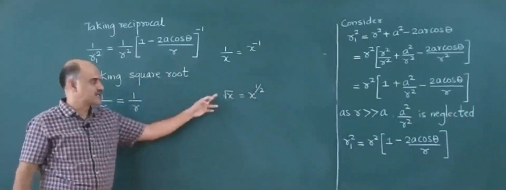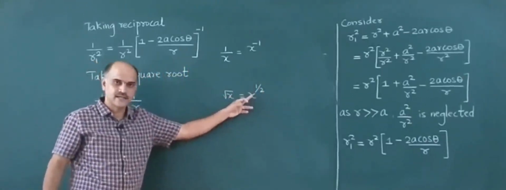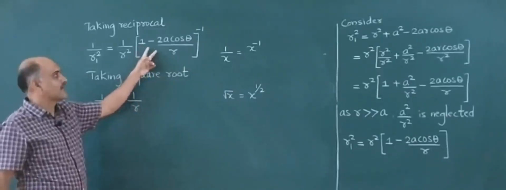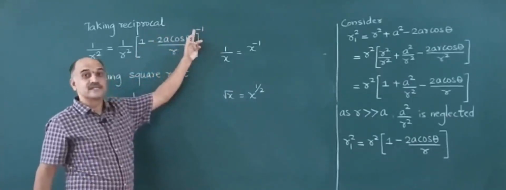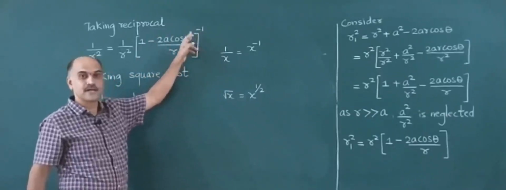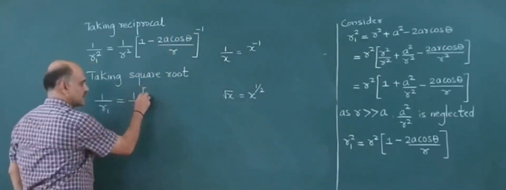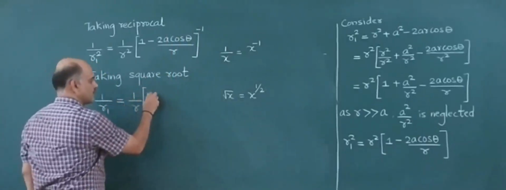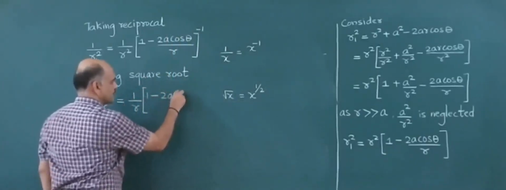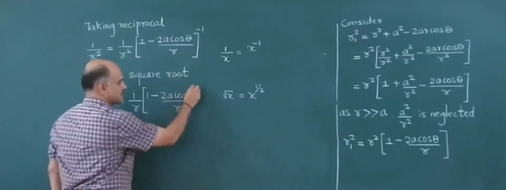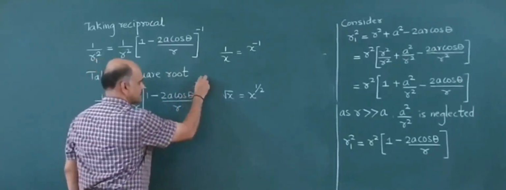Correct? Instead of writing root x, I can write it in this form. So similarly, now taking root, I can write raised to 1 by 2, means it will be minus 1 by 2 if I take raised to 1 by 2. So 1 by r into bracket 1 minus 2a cos theta divided by r bracket raised to minus 1 by